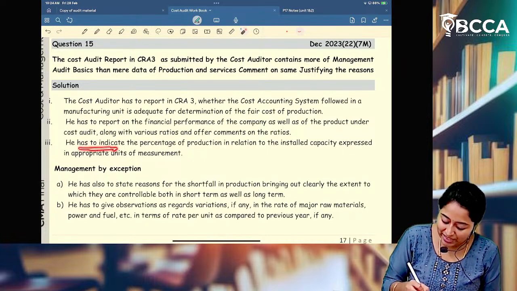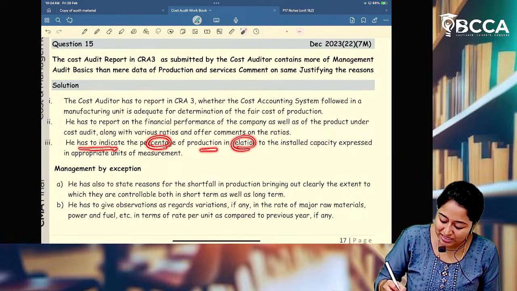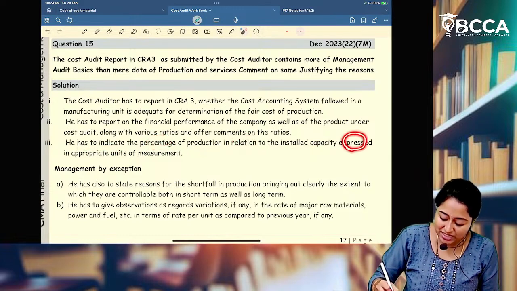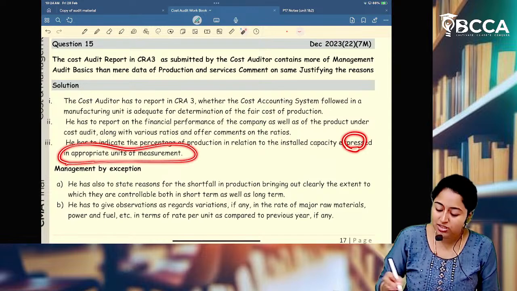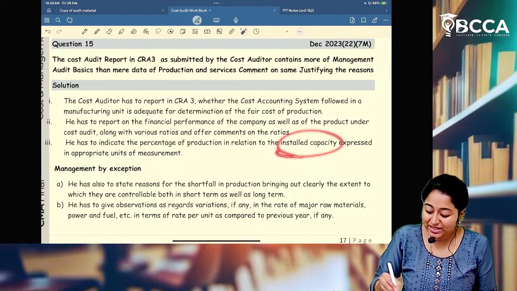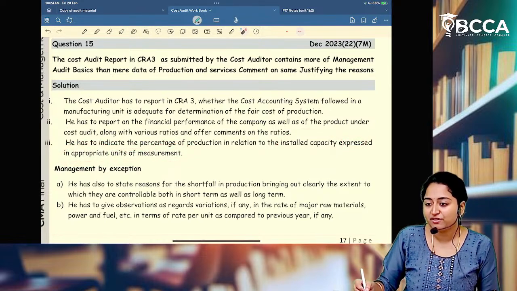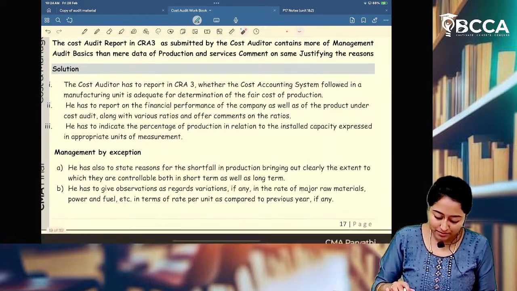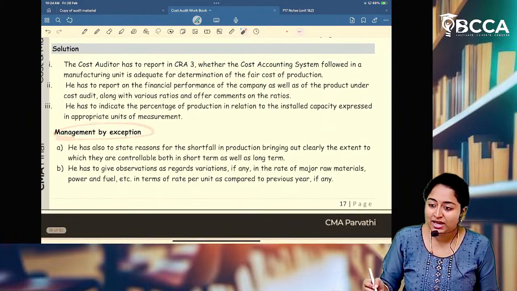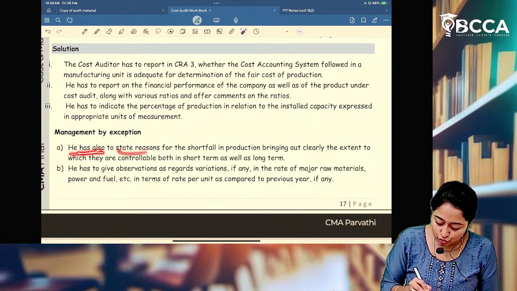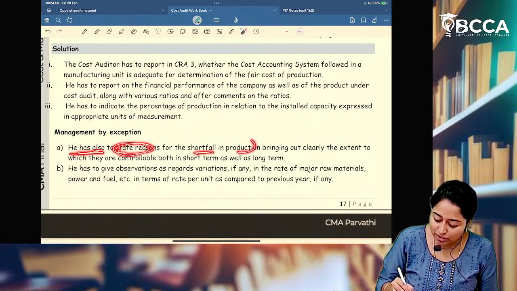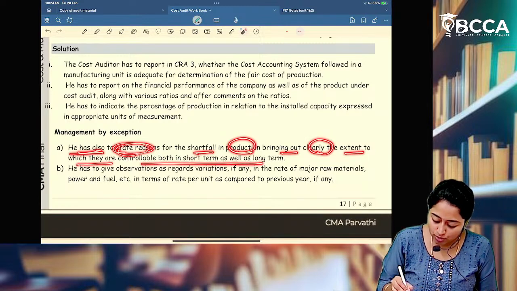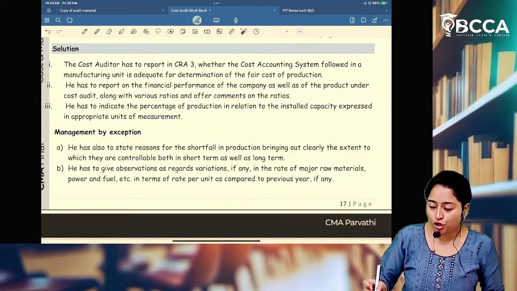He has to indicate the percentage of production in relation to installed capacity, expressed in appropriate units of measurement. Regarding the capacity also, he has to verify and give an opinion. Management by exception: he has also to state reasons for the shortfall in the production, bringing out clearly the extent to which they are controllable, both in the short term as well as the long term. Now,